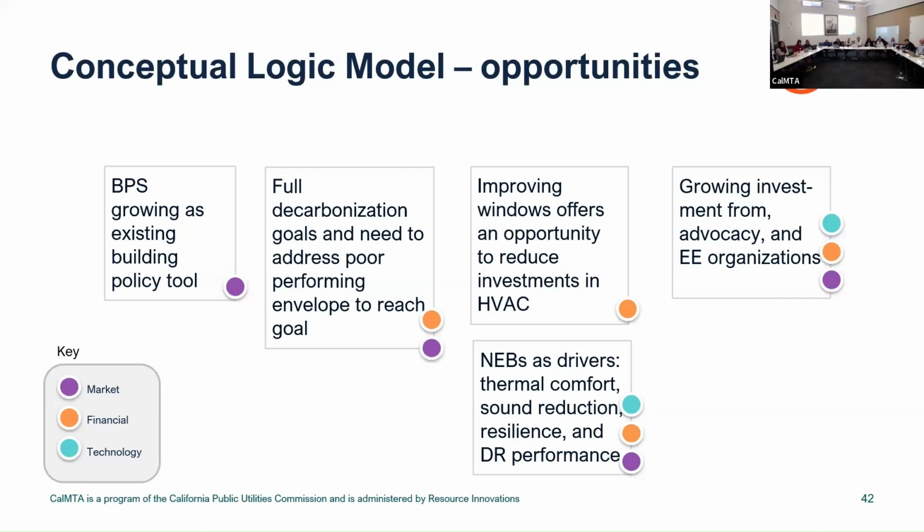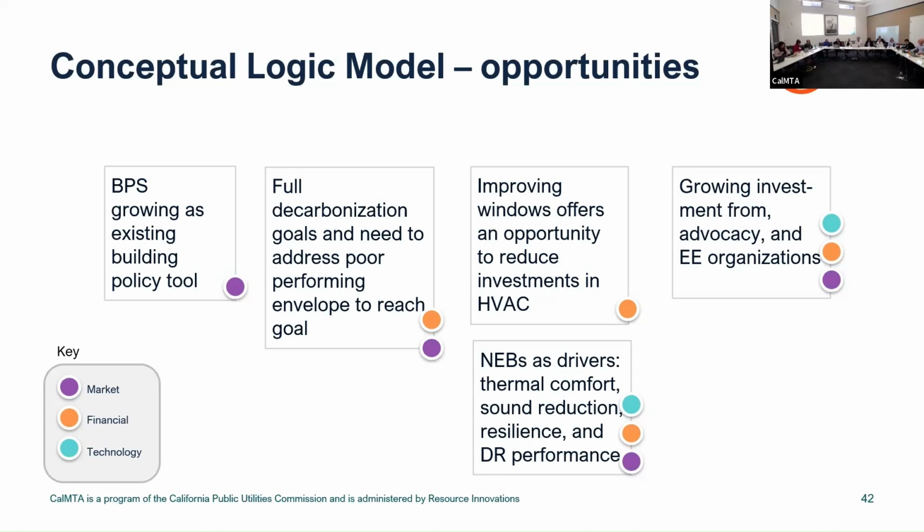Demand response performance, I haven't talked a whole lot about that, but what is the benefit there? This gets into resiliency: can we quantify the resiliency benefits of addressing the envelope and what type of DR impact that has for utilities? How much longer can a building coast through a DR event, maintaining comfortable and safe temperatures, if they have an improved envelope versus if they don't and have to start back up HVAC, meaning less capacity or less energy savings for utilities.